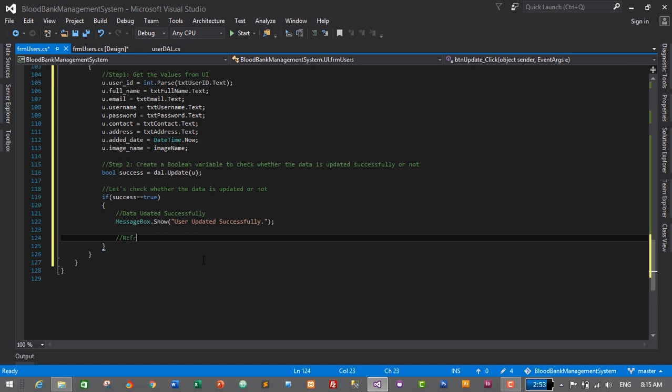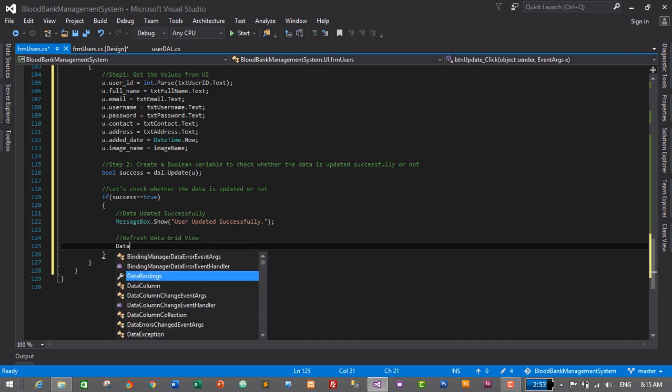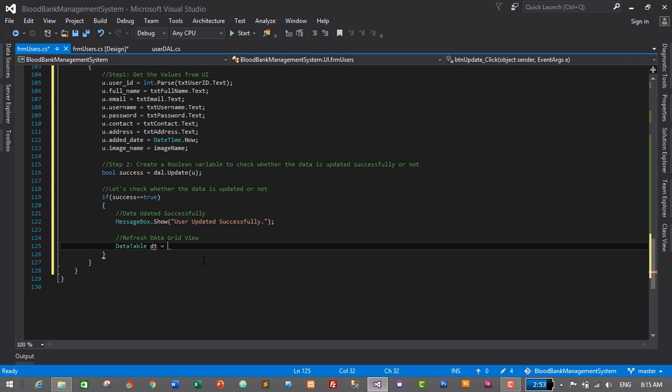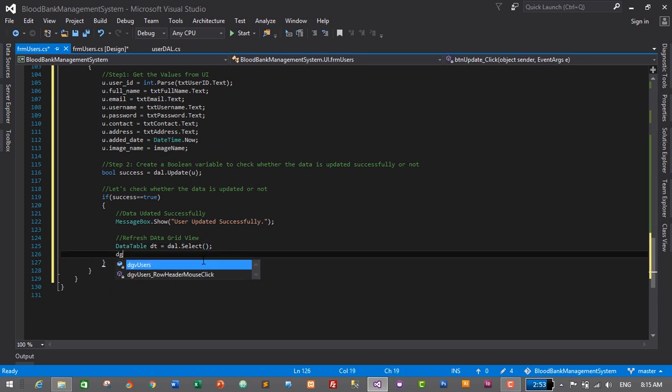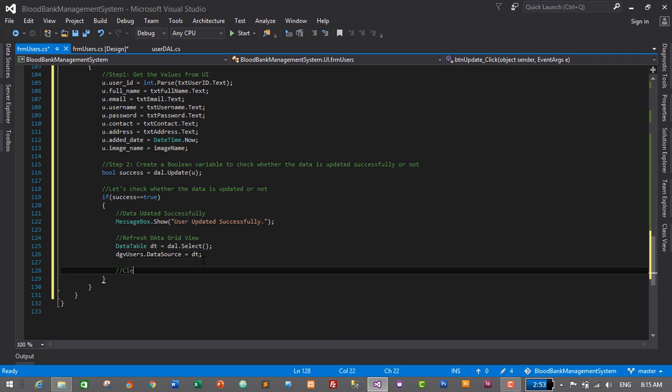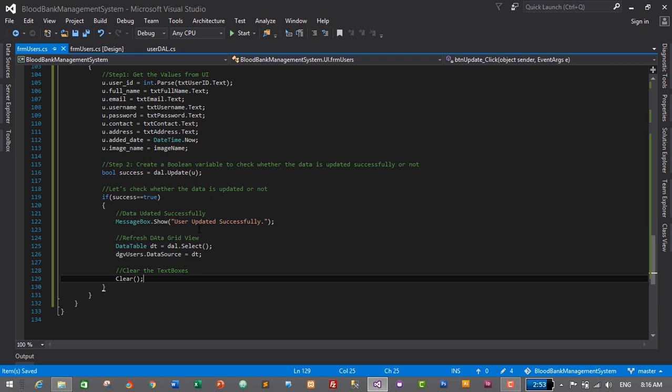So refresh data grid view. So data table dt is equals to dal dot select, and then dgv users dot data source is equals to dt. After that, we also need to clear the text boxes. So we'll call the clear function. So that's it. Now save it by pressing Ctrl and S, and let's check it out whether this update functionality works or not. So I'll just click on start